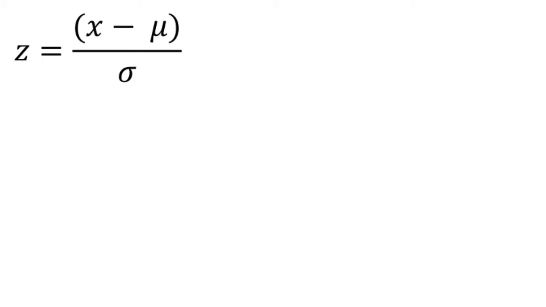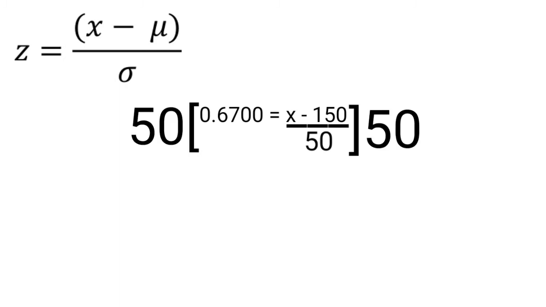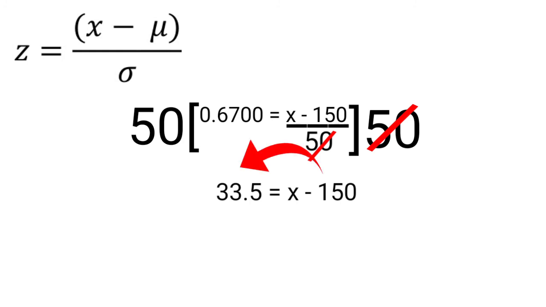The fourth step is solving. We'll substitute the given values to our formula. z is 0.44, equals x minus 150 over 50. We'll eliminate the denominator by multiplying both sides by 50. 0.44 times 50 is 22, equals x minus 150. Then we'll transpose negative 150 to the other side to isolate x, and just add the two numbers and we'll get